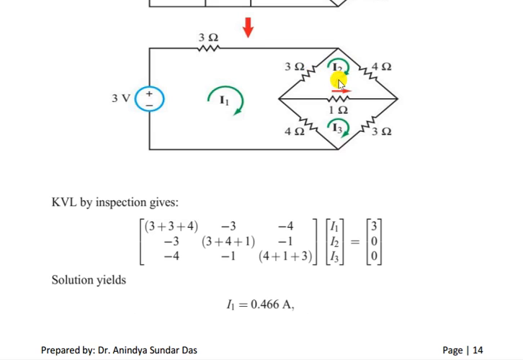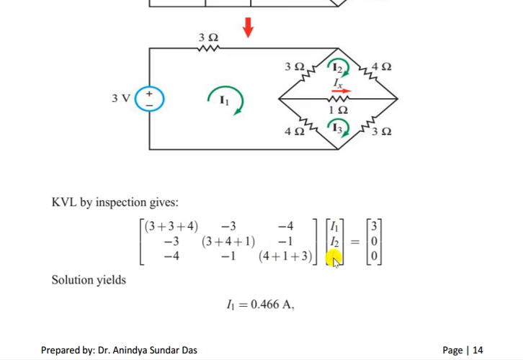3. First value here you have to write as I1. Now for this loop mesh, R 3 ohm resistance is the common between mesh 1 and mesh 2. So what you can write? Minus 3. Then I2. I2 is flowing through 3 plus 4 plus 1. So 3 plus 4 plus 1. And between mesh 2 and 3, the common factor is 1 ohm resistor with negative sign.